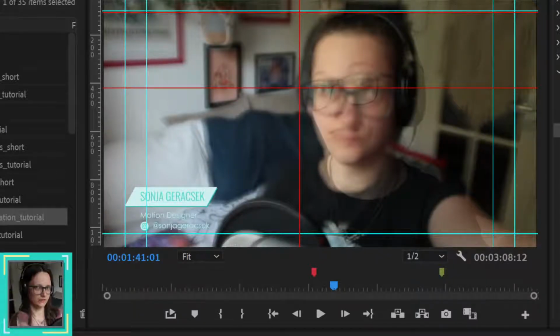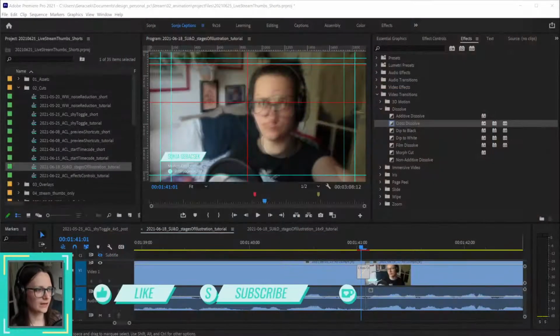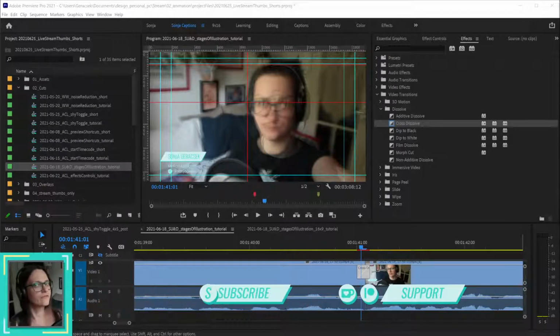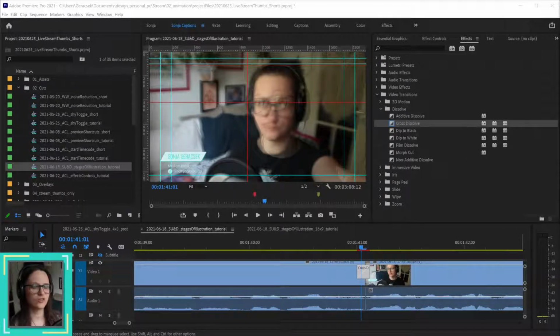So this is something I'd like to avoid. That's why I'm making the dissolve very short. So I just have this very quick transition to the other scene. And I really try to avoid this dissolve wherever possible. I prefer jump cuts. I just sometimes add them if the audio is too choppy, or if the video